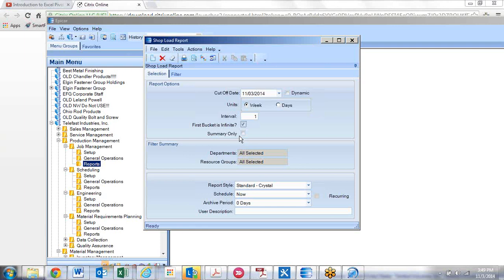If I don't check summary only, I'll see 24 hours worth of load, but I'll actually see what jobs make up that load. And I can filter it by only certain departments or resource groups. Otherwise, when I run it,